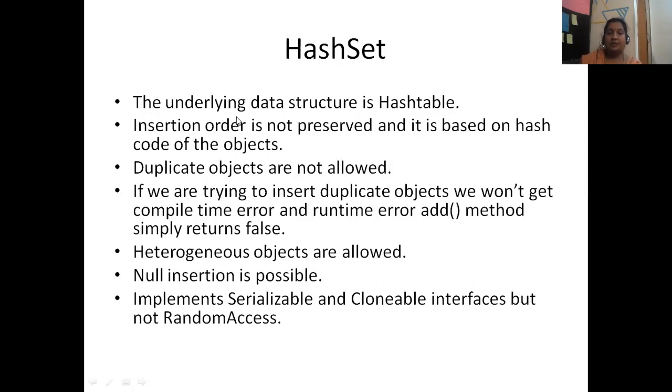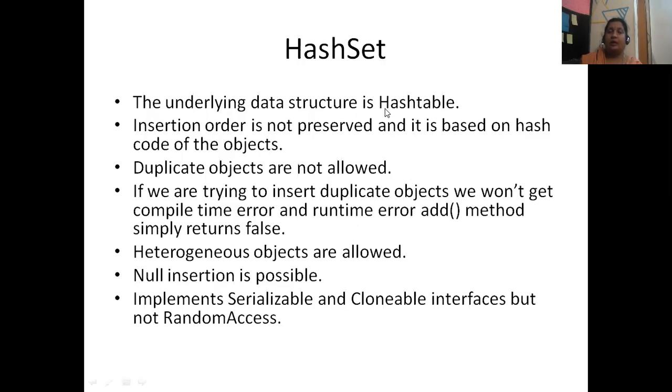Next one is HashSet. So what is HashSet? Three sets we have. First one is what we have discussed, ArrayList, then LinkedList, and the third one is HashSet. You know that set. So the underlying data structure is a hash table. Hash table you would have studied in your data structure. If you want to store the values in a hash table, you are in need of a key. Based on the hash table size, the key will be occupied in the corresponding position inside the hash table. So the underlying data structure is hash table.